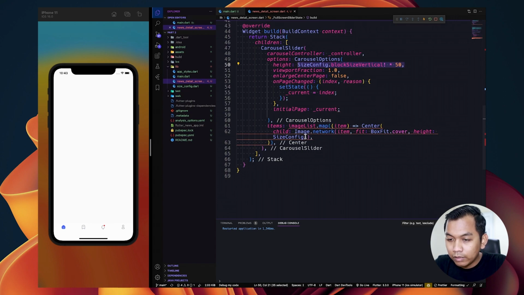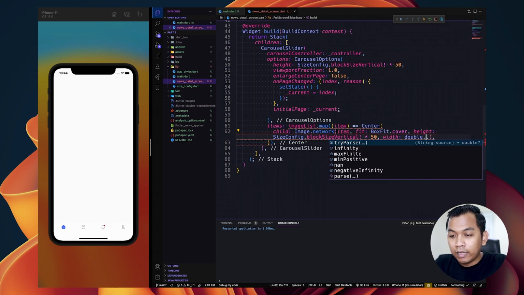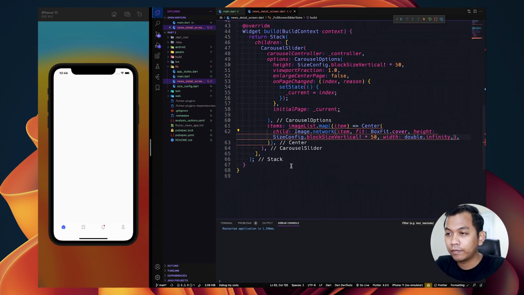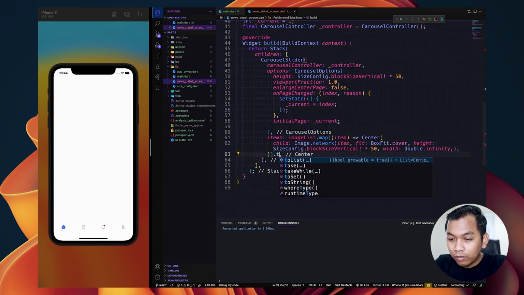Just copy this, paste here, and for the width, let's make it exactly the same as the screen. So let's say double.infinity. And here we need to say dot toList.